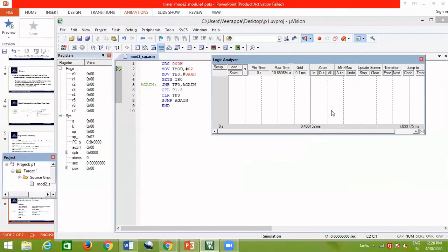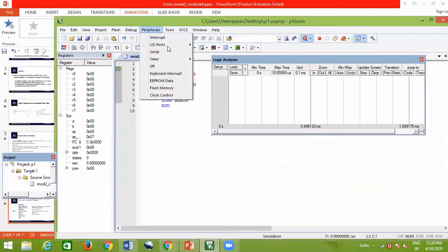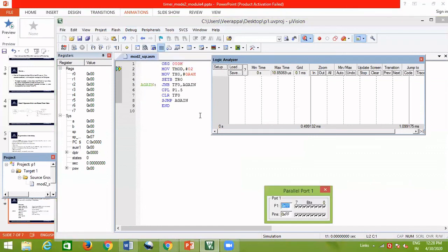You can choose this logic analyzer. If you want to see the pin toggling of port pin 1 also, you can choose this, and you can observe pin 1.5 should be toggling every rising edge of the timer clock frequency. That we can observe here.